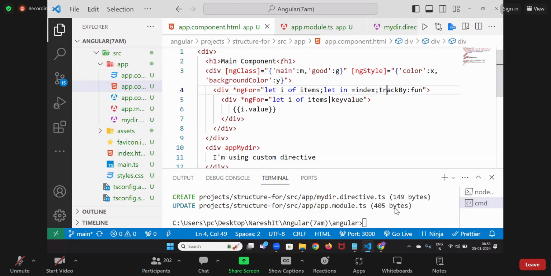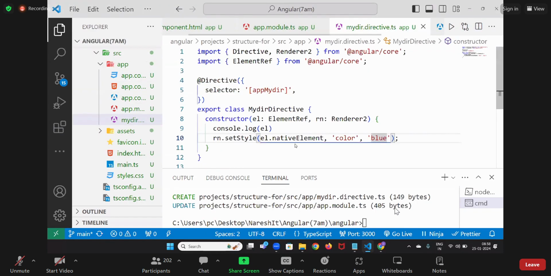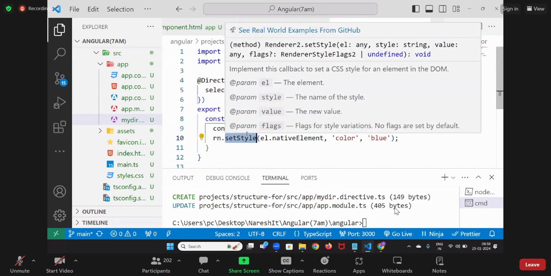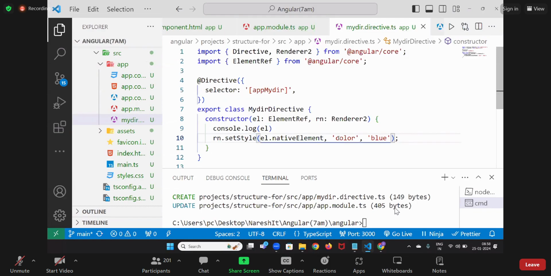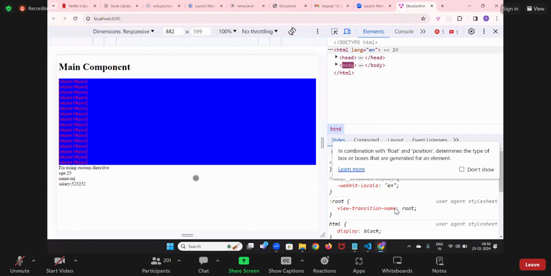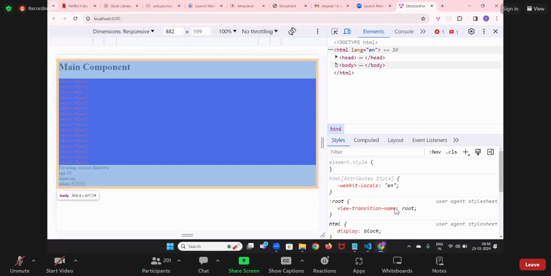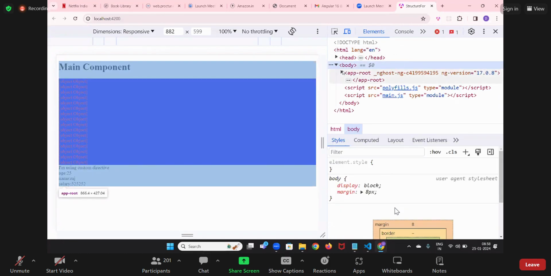Okay, in this also, here Anil, see, the set style property will take it automatically. Set style will take some value automatically, and this value you can take as anything. But sir, what if I give it anything, will it work? No. See, go here, did anything work? No. But if you see it here,